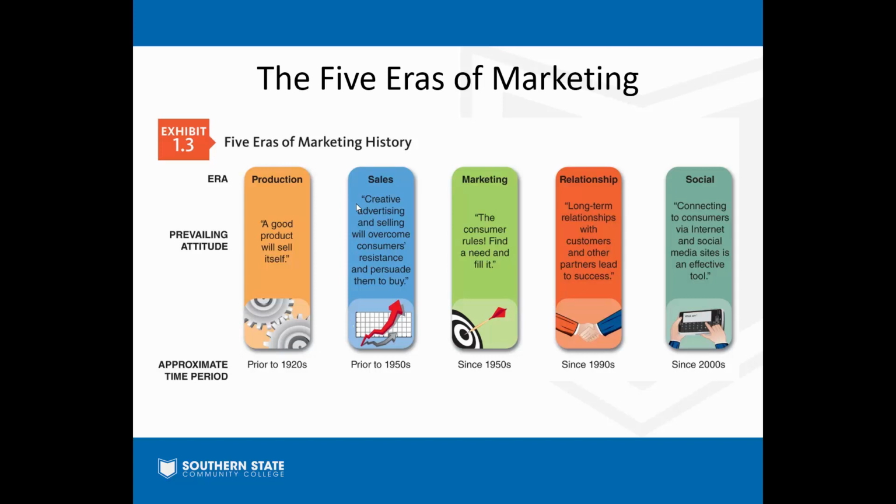And to piggyback on that, we're now in a social era that adds on to that, where customers can talk to us and we can talk back to a customer one-on-one via things like Twitter and Facebook and Instagram. So, to summarize, we've gone from a marketing era of, well, let's just make it and then somebody will buy it, to, let's listen to the customer and figure out what they want and try to give it to them, to let's become a partner with that customer and have a lifelong relationship with them.